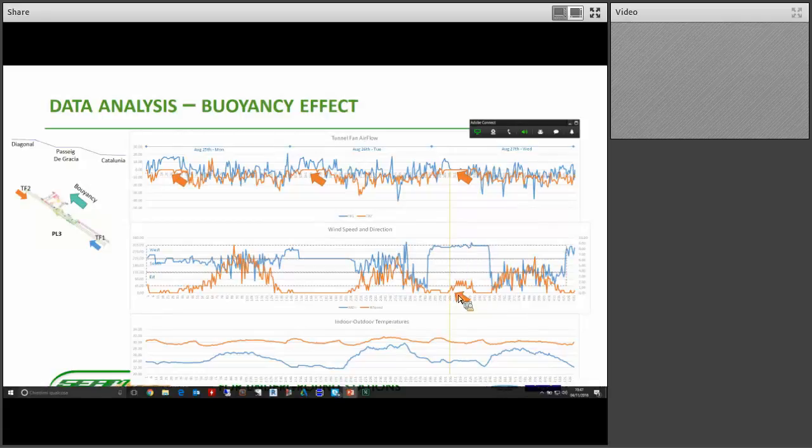at a certain speed, and you can see it on the middle graph, this orange arrow on the middle graph, where you see direction and speed of this wind. Well, this wind behaves like closing the door of the station, so even the blue tunnel fan 1 stops operating or blowing inside the station. So despite the fan running, there was no inflow into the station, which means that energy is wasted,